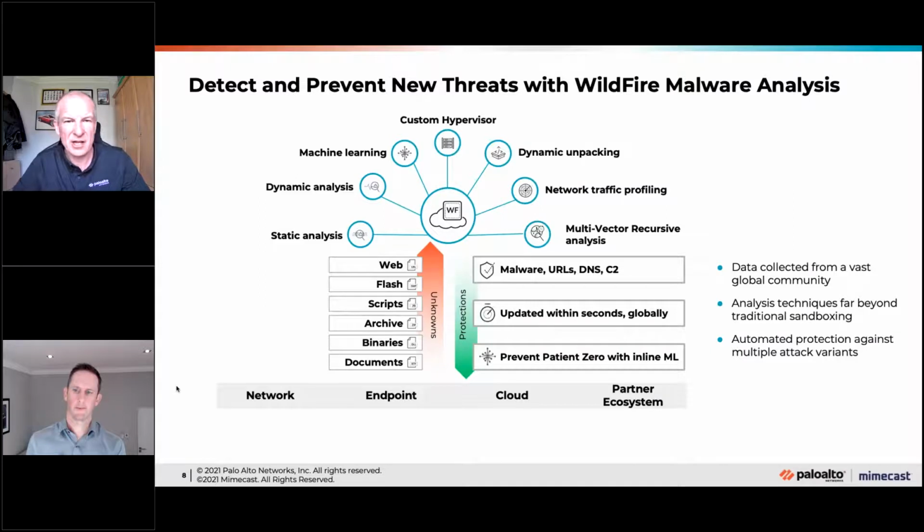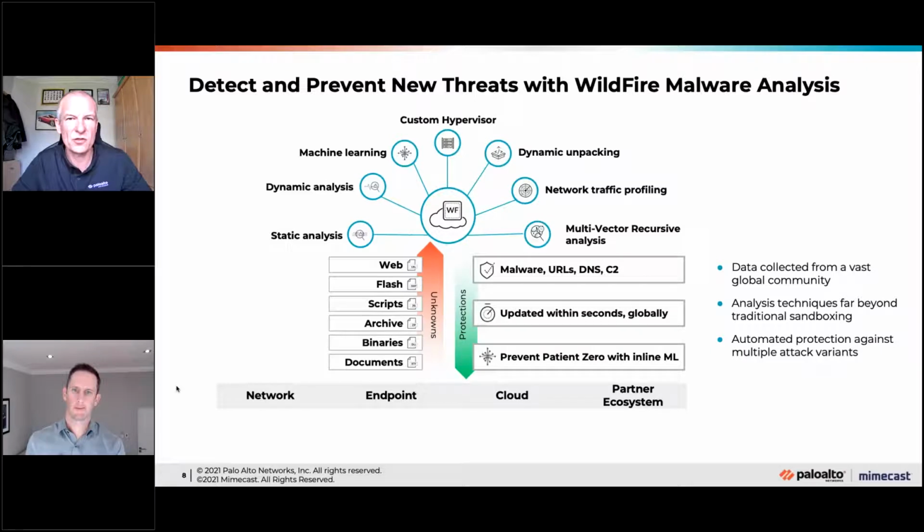We've got machine learning. Within the Wildfire Intelligence Cloud, we have a custom hypervisor. It's nothing that you would find out in the open market, because what we find is a lot of the malware has detection mechanisms in it to have a look. What type of hypervisor do you have? It even looks at things like, is there any mouse movement?